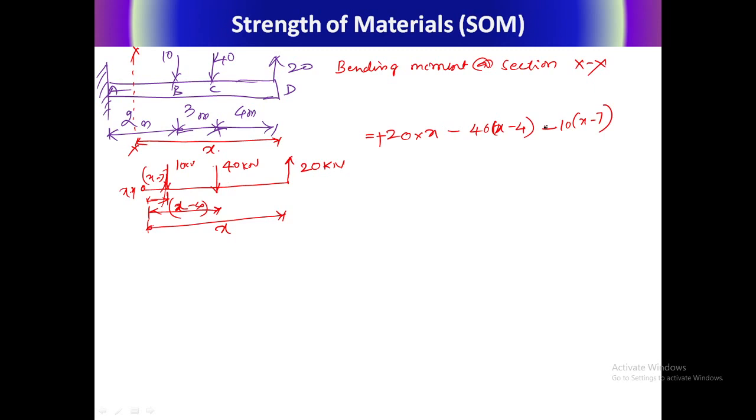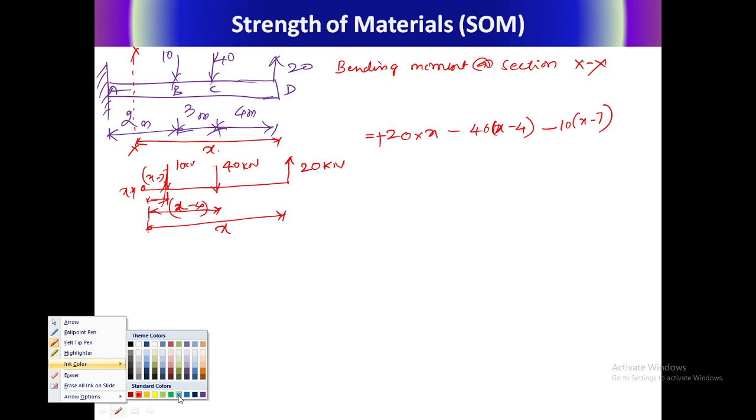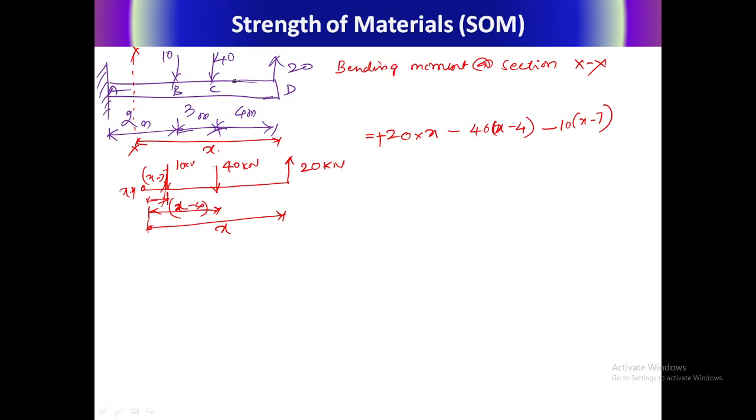Now let us look here. Suppose I want to calculate the bending moment for this portion. Now what is the point here? Point D. Which load is related here? Only 20 kilonewton is related. You need to go for only this equation, right? Other parameters you need to neglect at the time of calculation, right?